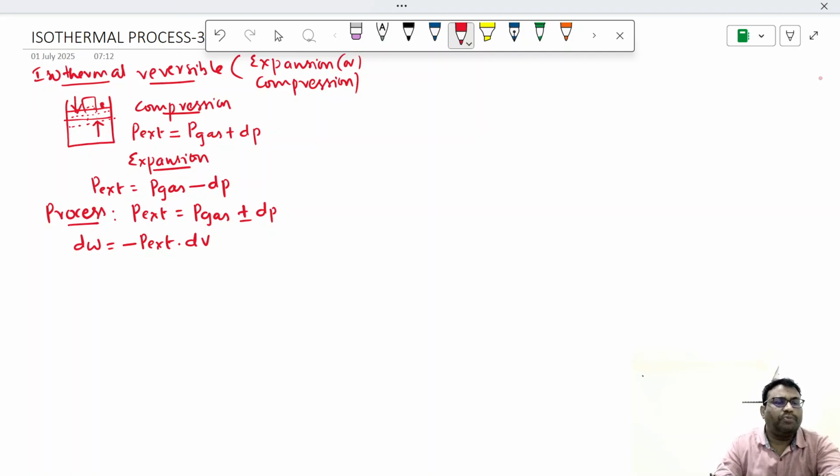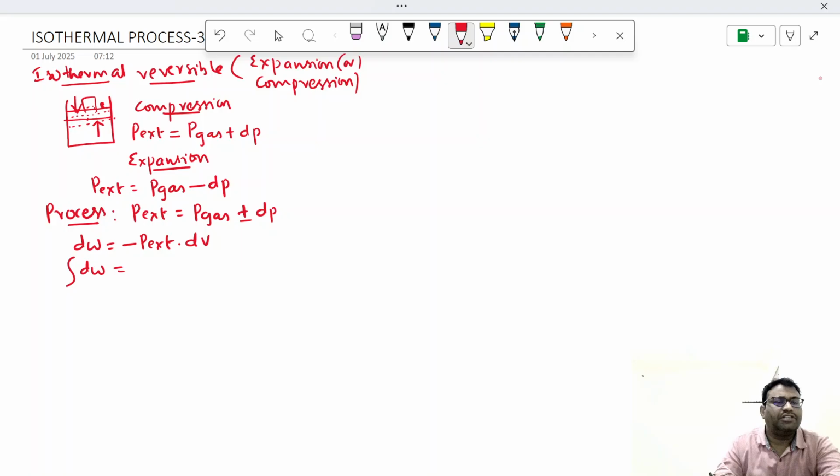So for the whole process, if you want to calculate the work done, you have to integrate all those small works, adding all the small works. Addition of all those infinitesimal works can be written as integration. So integrating all the small works,